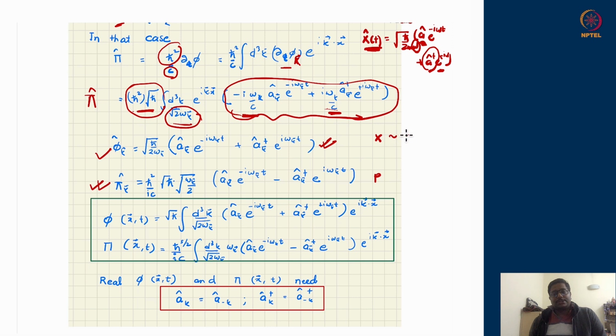They are analogues of x and p. x was supposed to be a summation of a times e to the power minus i omega t plus a dagger times e to the power i omega t. So p therefore is 1 by iota times a e to the power minus i omega t minus a dagger e to the power plus i omega t. So this is what exactly x and p analogs are mimicked by phi and its conjugate momenta pi in Fourier space. Okay, so neatly I can write the conjugate pair, field and its momenta, like this. I have just written it neatly over here in the boxed form.